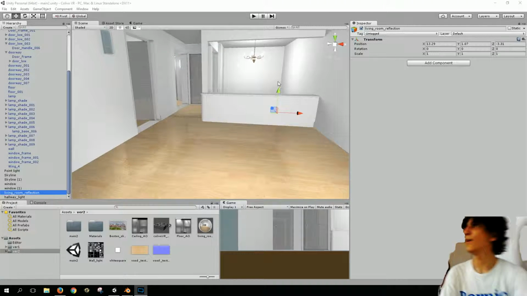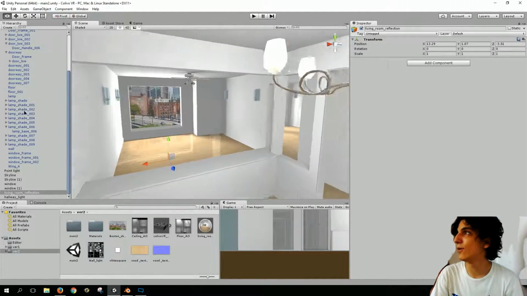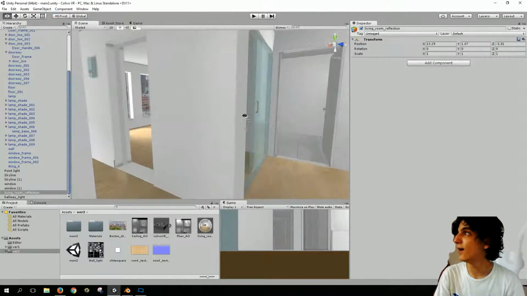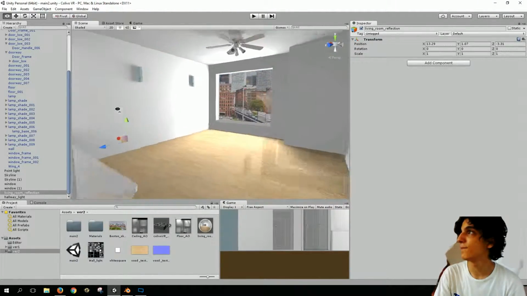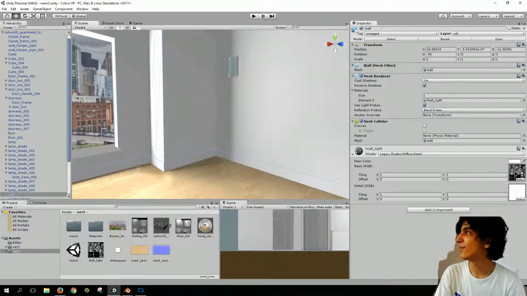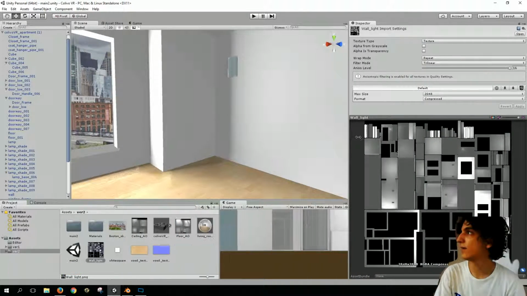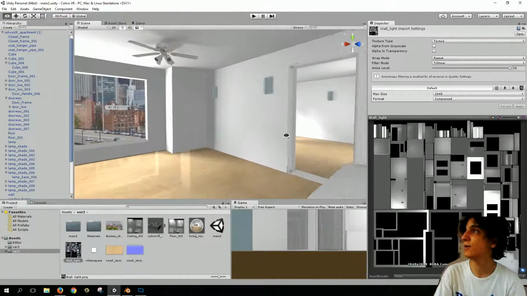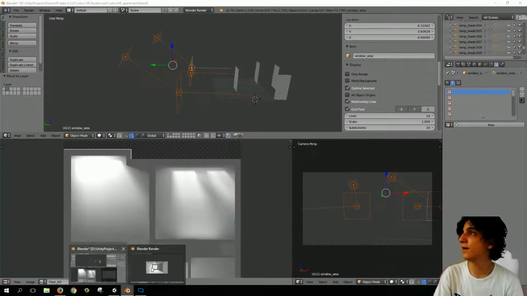So what I was showing here a little bit earlier is just an example of what you could do with some proper Unity lighting. Now, the trick here is that I'm not actually using Unity lighting for most of this. What I'm actually using is pre-baked lighting. So if you see right here, the wall actually has a baked texture here. Now I'm just going to be brief on this topic because it's not really completely Unity related, it's more 3D modeling related. But the idea is if you have your 3D modeling package,